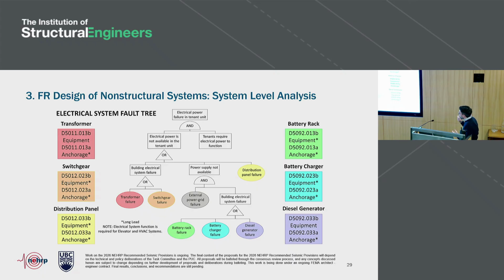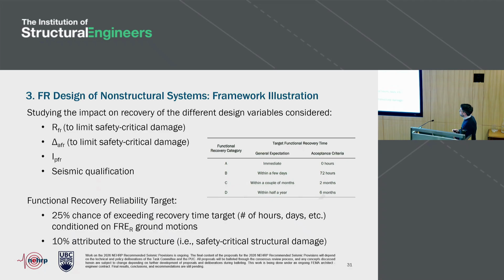And as you might recall from the structural exercise, for each one of these components, what I've color-coded on the sides are different fragility functions, be it for equipment or for anchorage of the component, that can help you understand whether there's been damage in the component that leads to loss of function and ultimately would lead to loss of functionality in the system, not just the component.